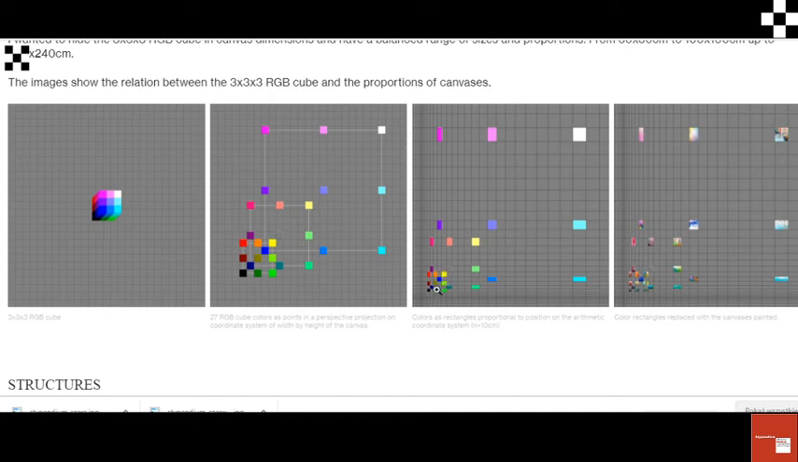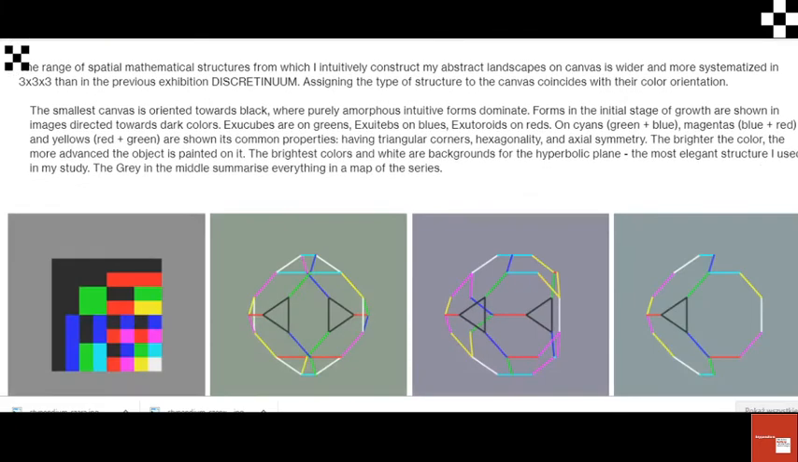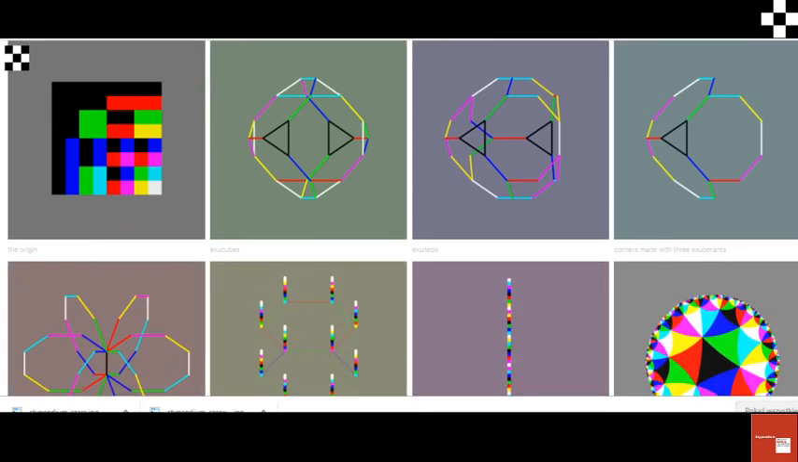On the corners of the first layer there are, as I said, yellow. In the middle is dark yellow. On the opposite, bright blue, and so on and so on. Here are all the canvases. Also, the structures are separated by the color. It's done arbitrarily by me, that the beginning is black and the end, the most advanced, most elegant structure